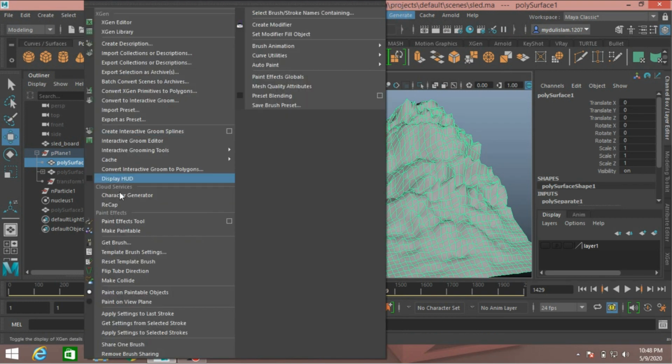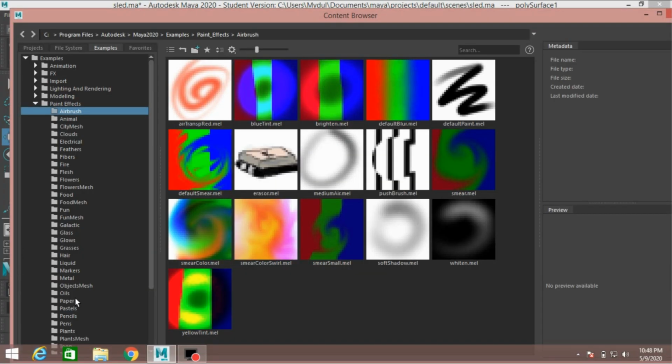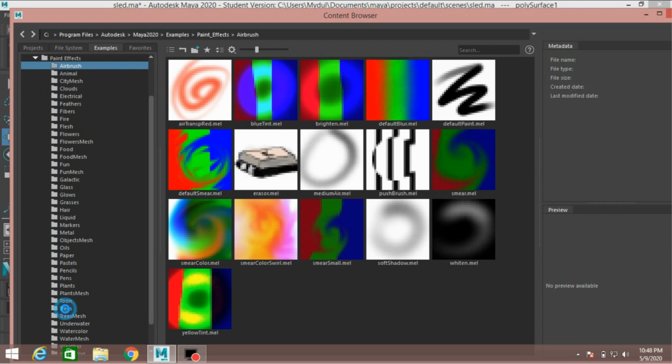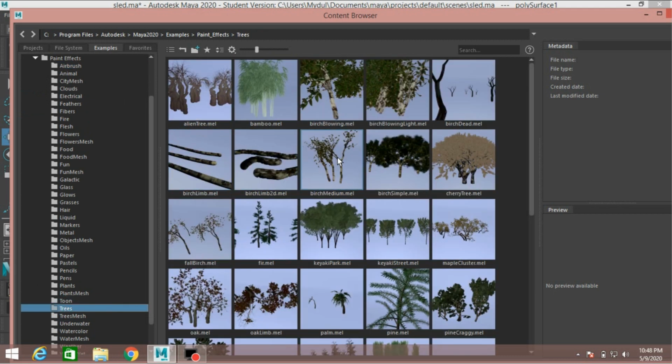Now again go to generate, get brush, select get brush and select trees. You can choose any kind of trees you like.